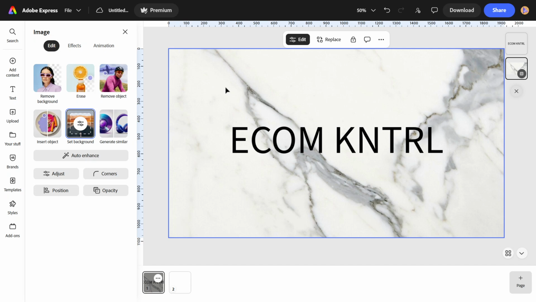your text and elements. If the result doesn't look exactly how you expected, you may want to try a different image orientation or crop before setting it as the background, especially if your canvas size is very wide or very tall. Choosing an image that closely matches your project dimensions usually gives the cleanest